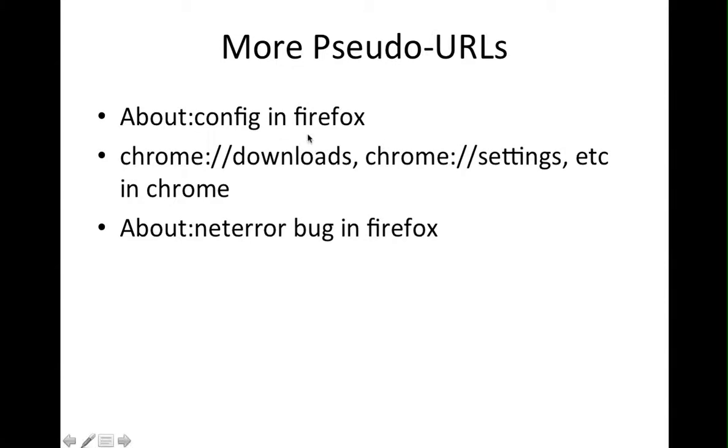But some more pseudo URLs: about:config in Firefox, Chrome downloads, Chrome settings in Chrome. All these are basically like super pages, you can think of. They have super rights. They can do pretty much whatever they want. And then the book also mentioned the about:neterror bug,